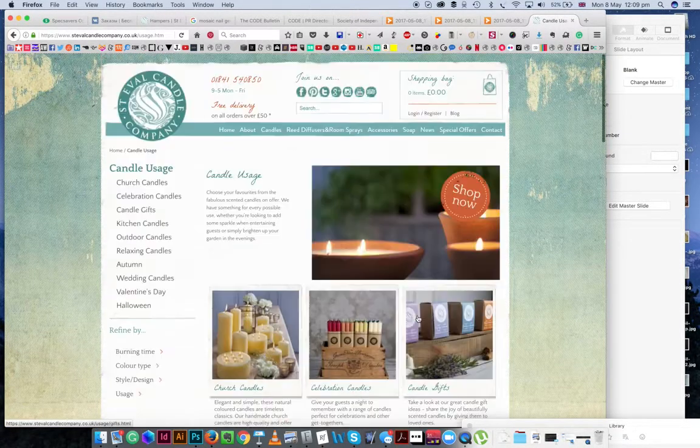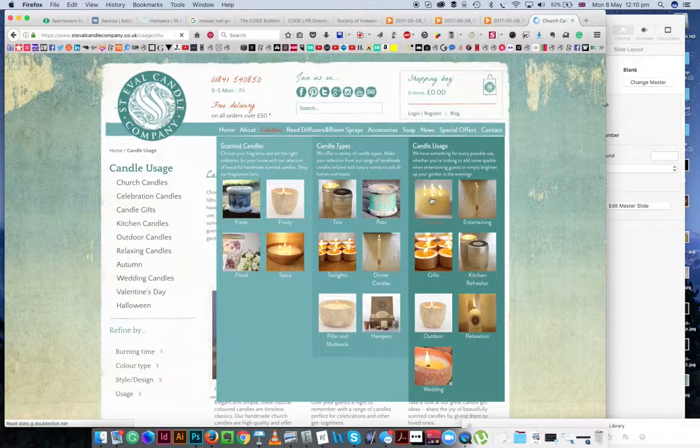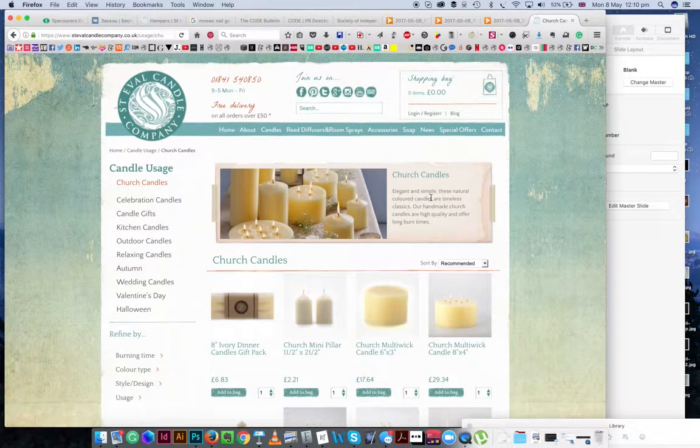So this is where you would get the more seasonal Valentine's Day, Mother's Day, Halloween options. That's the only way I can currently find them, by going to candles, and somehow, look at this nightmare now, clicking in here. If I click into church, again, I'm just completely in the church section. It's going to be harder for me to navigate into those seasonal options. Admittedly, we do have this, which does help me a bit, but